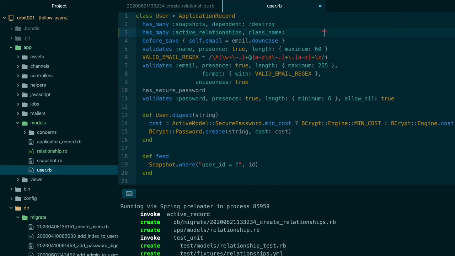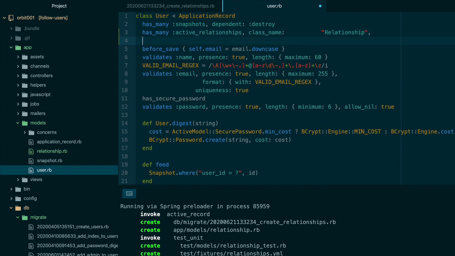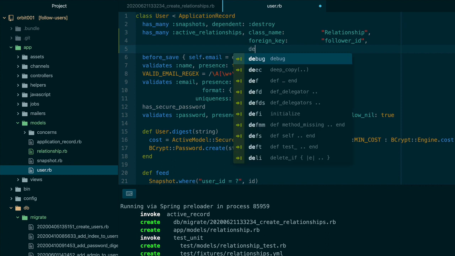What are we putting in here? We'll open with double quotes, Relationship, comma, hit enter. Let me tab across a bit just to keep it all nice and consistent. Underneath class name, we're going to have foreign_key, colon, tab across. What's the foreign key going to be? follower_id, close your double quotes, comma, again, hit enter,